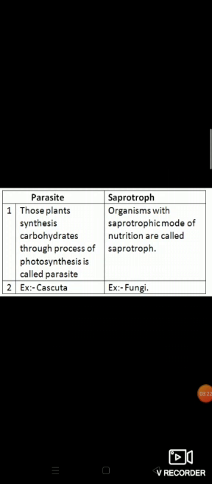So parasitic plants, these plants get their food from another green plant known as the host, and only the parasitic plant is benefited from this kind of relationship, and such a mode of nutrition is called parasitic nutrition. So the common examples of parasites are Cuscuta and Viscum. It is a type of plant. Now saprophytic plants